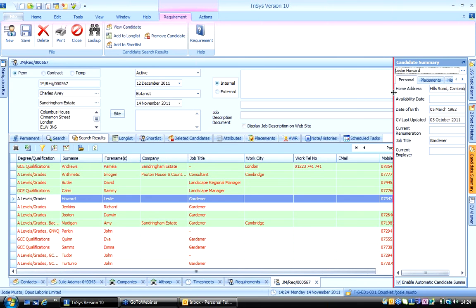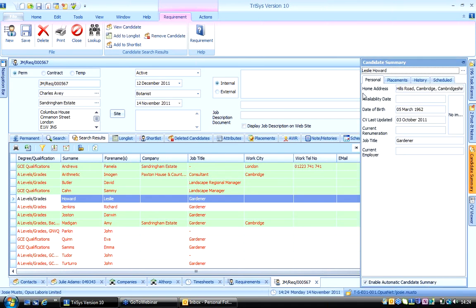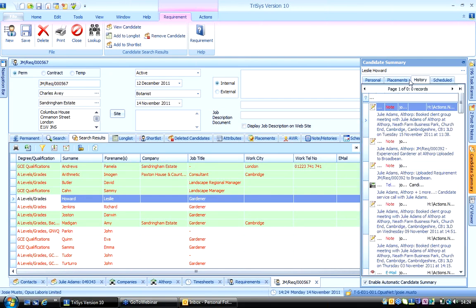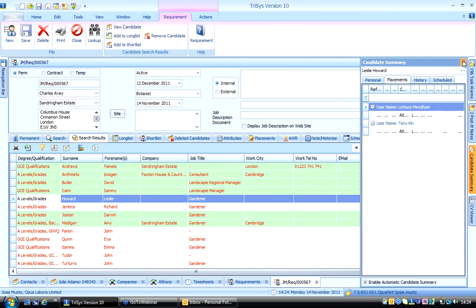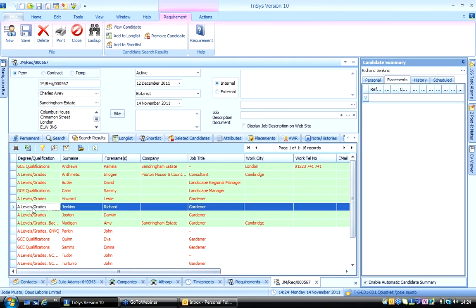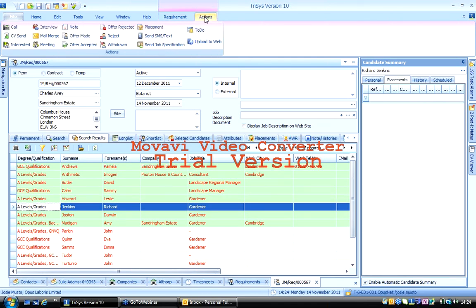Alternatively, I've got a candidate summary that will enable me also to look at some referencing on some of the history of our previous conversations or previous placements that they may have. One of the things you might want to do, obviously, is write to the person or contact them in some way, shape or form. So what I can do now is simply highlight an individual that may be of interest to me, and I can now start to use the templates that are